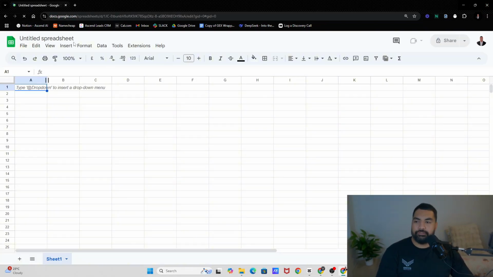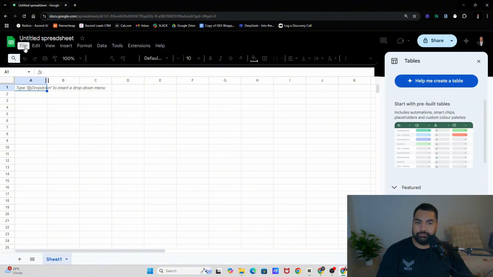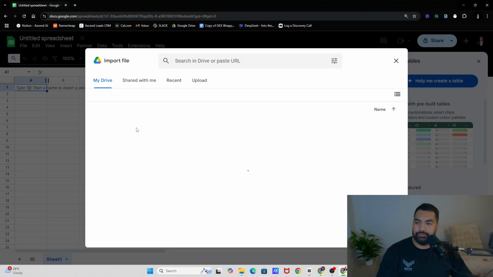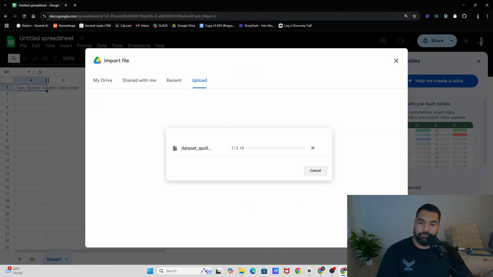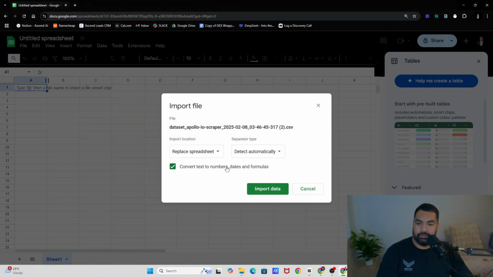And I'm going to, let's do, so file, import. We're going to upload from my downloads, Apollo Scraper, dataset, append it to the current sheet, and